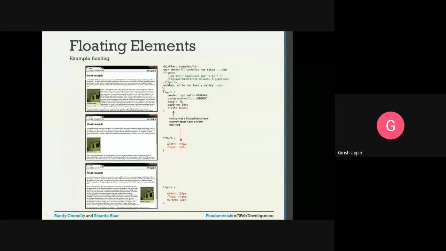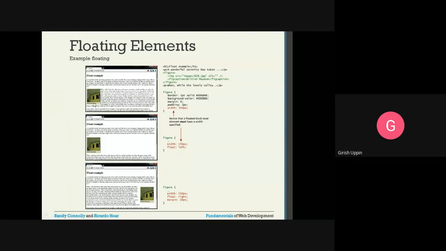So that is the one more paragraph. You can say whatever you are seeing here is the next paragraph. The properties set for the figure: it has a border, 1 pt, solid, and some color. The border is a solid line with a thickness of 1 point, and the background color is specified as a hexadecimal number. Margin is 0, there is no margin.